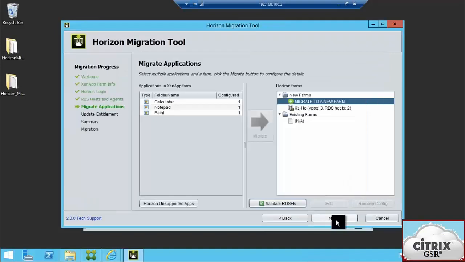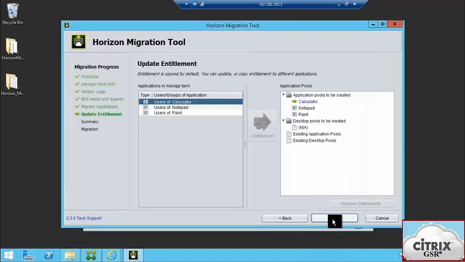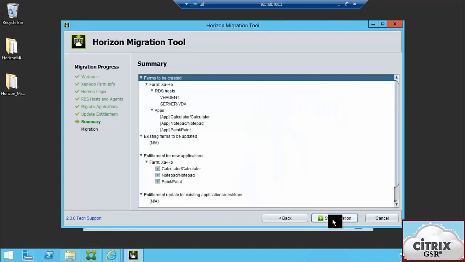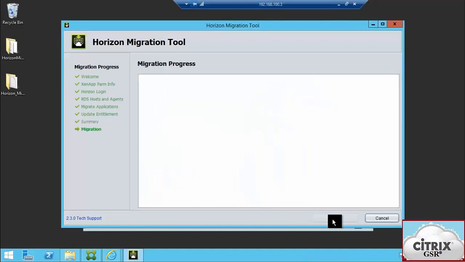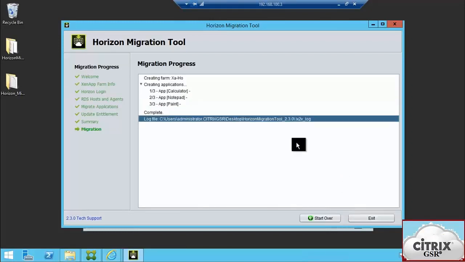So close it, click next, again next, start migration. Once the migration process has completed, we can see the farm details and the application details in the Horizon administration console. So the migration has been completed. Click exit.